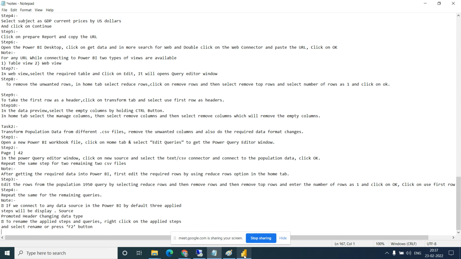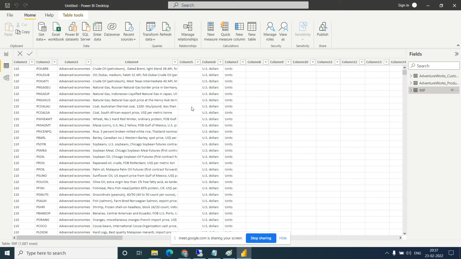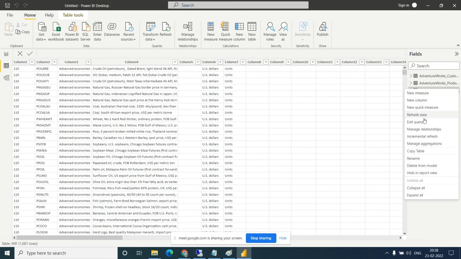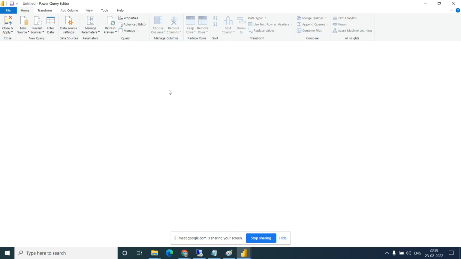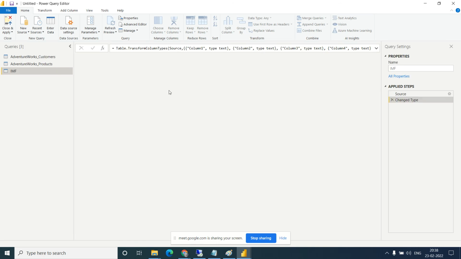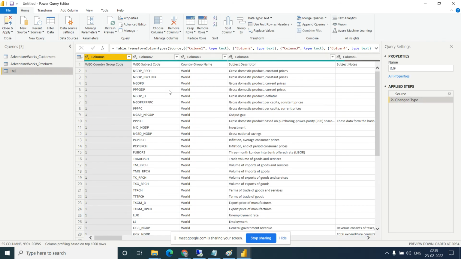Okay, in the Home tab, select Manage Columns. Okay, so let's go to the Query Editor first. Am I audible? Yes. Okay, so in the Home tab there is Manage, and Delete options are there.